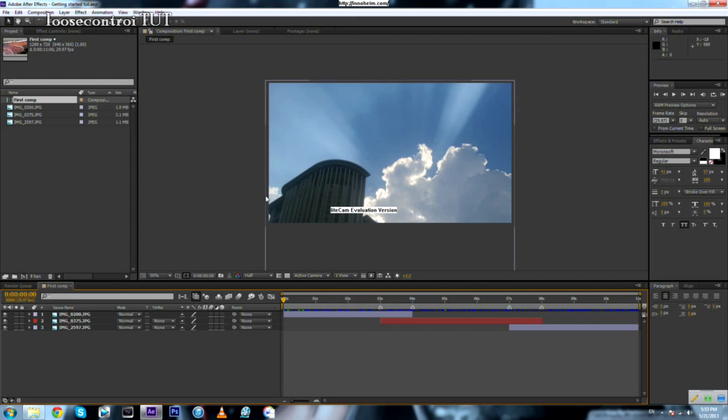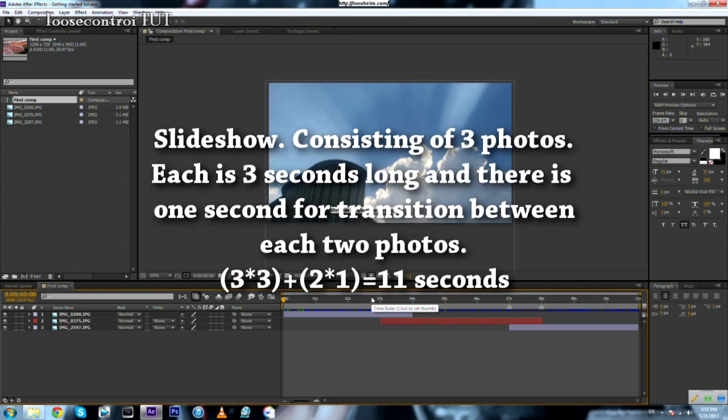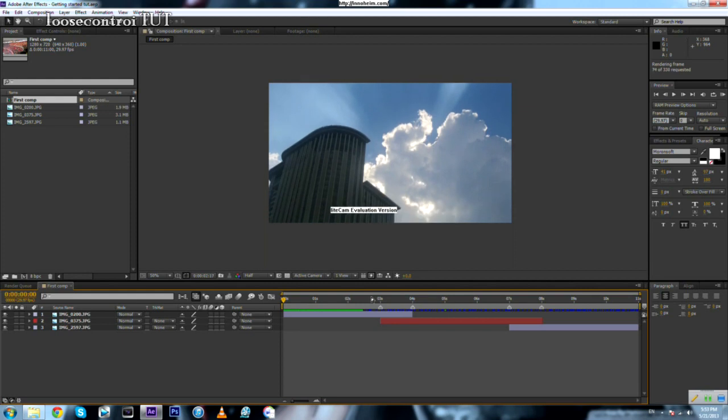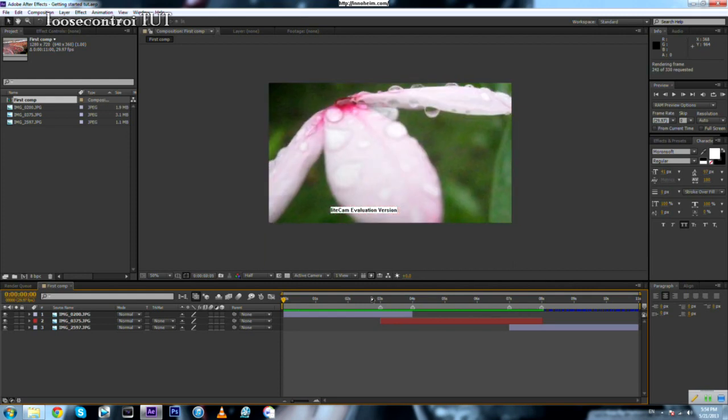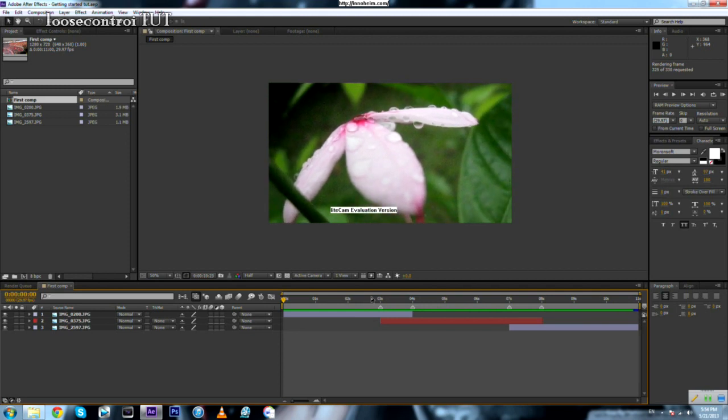Now let me show you first what we are going to do. We are going to make a slideshow consisting of 3 photos. Each one of them is 3 seconds long and there is 1 second for transition between each 2 photos. So if you preview it, it will look just like this. We can see this slideshow,